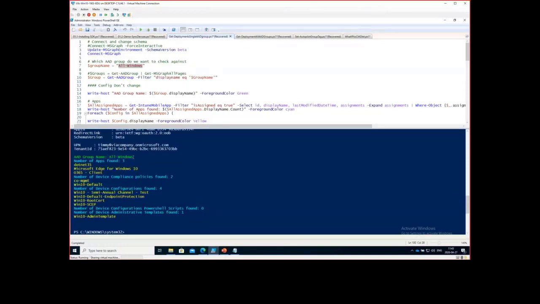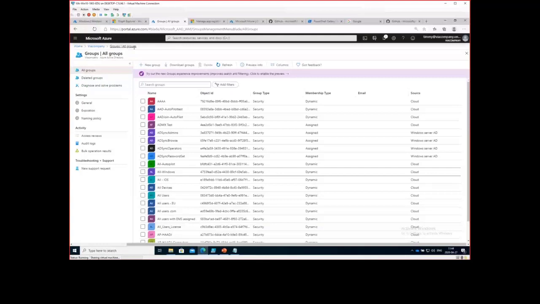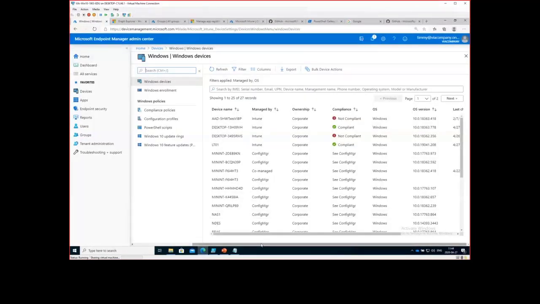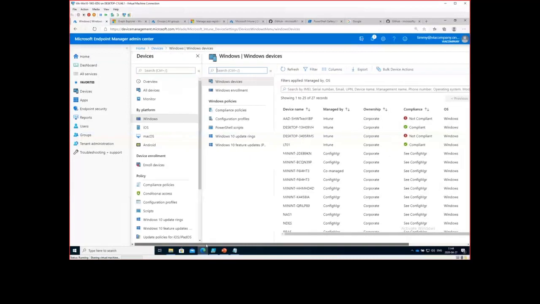And this is also a way to make your daily administrative work easier. So that's why I love the Intune PowerShell SDK, to be able to do stuff like this that sometimes is hard to do within the actual portal itself. And I see I'm almost out of time here, but